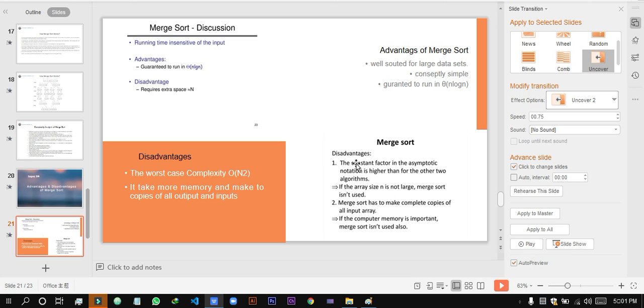And their disadvantages, worst case complexity. There are a couple of cases. One is a simple case, O(n log n). Whenever it is in the form of log n, it is a simple case, and when it is on the power of n, it is a complex case. There are also disadvantages. Whenever we work using merge sort, it also makes a copy of your result in memory, which can use more memory compared to other sorting techniques.